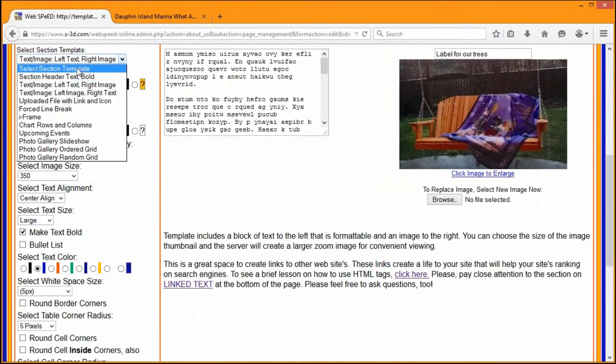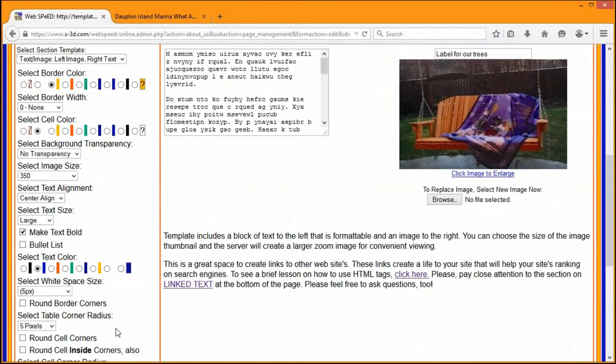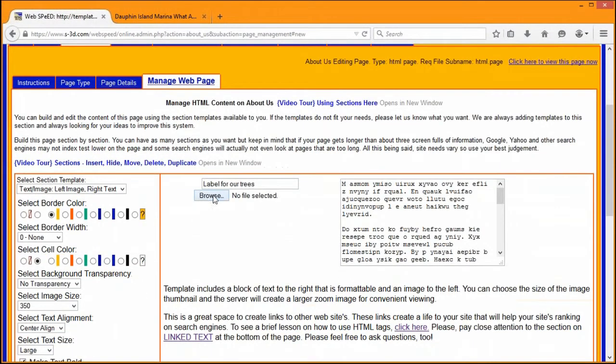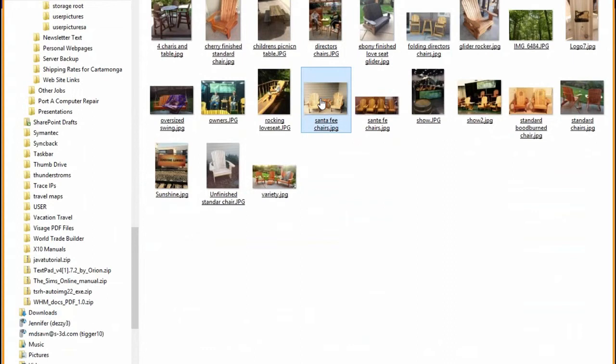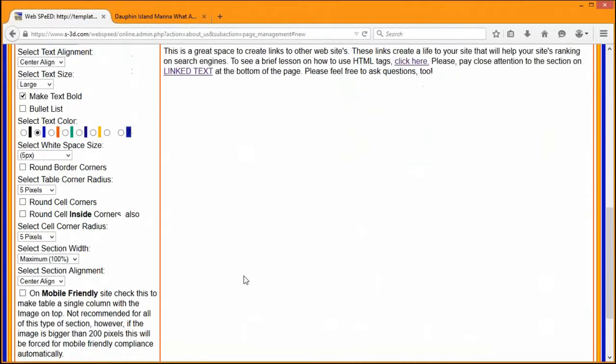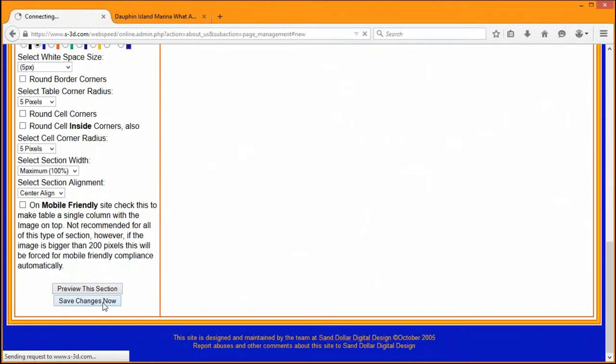So I'm going to edit this one, and I'm going to swap this, make this right image left text. I'm sorry, left image right text. Preview changes, or preview this section. And because I changed the template, I have to select a new image. So I'm going to go select another image that's relatively small, and image size is still selected at 350. Everything else I'm going to leave the same and save